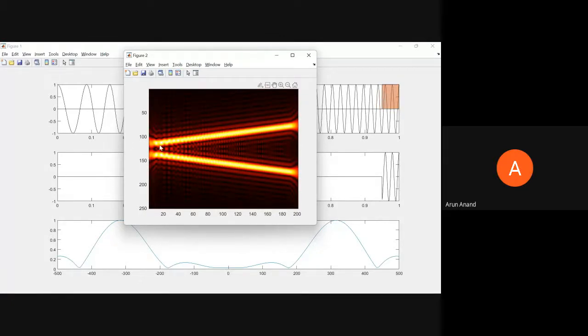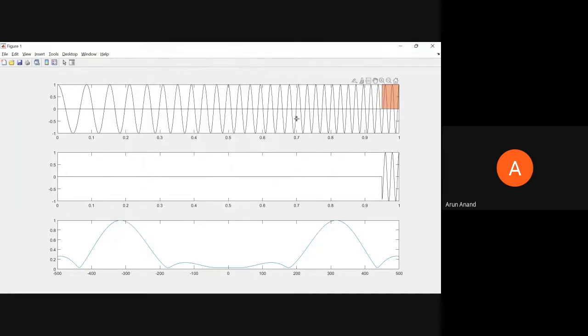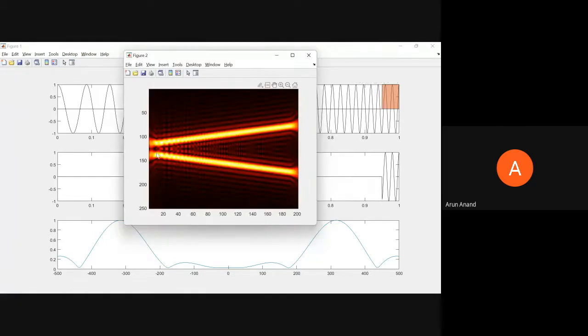Now, as I move ahead in time, you can see from the signal itself, higher frequency components coming into the picture, right? Here it is low frequency components, and as I move ahead, higher frequency components are coming. That is basically shown here. See here, you can see the higher frequency components. So this picture completely represents the time frequency analysis of the input signal. Clear? Got it.